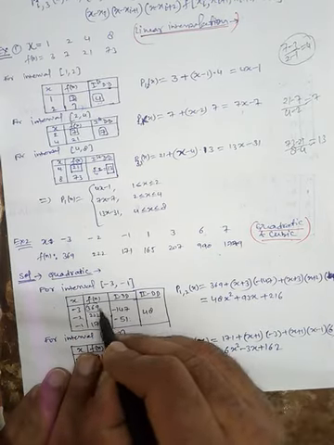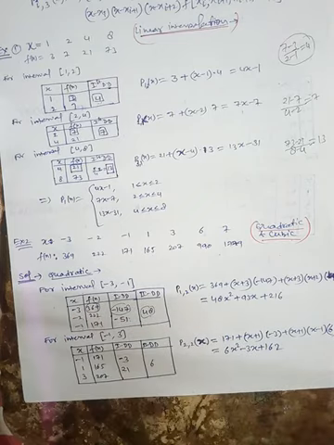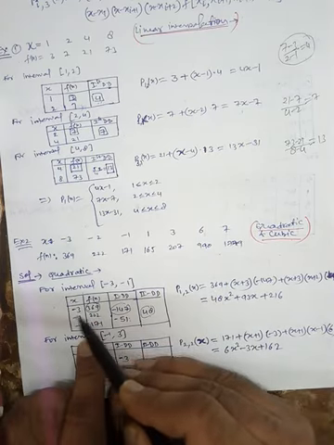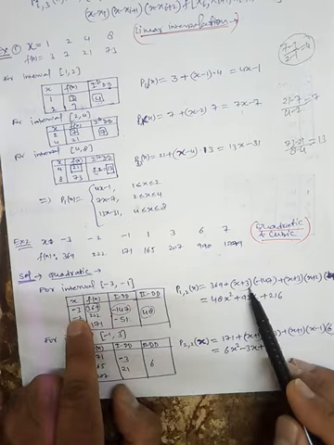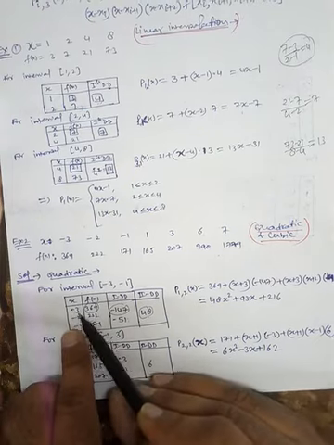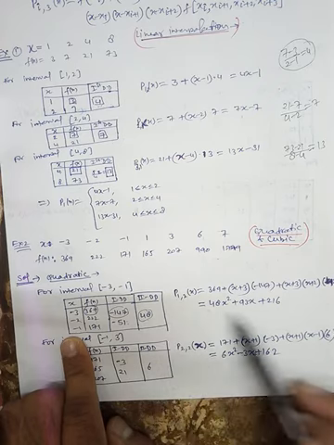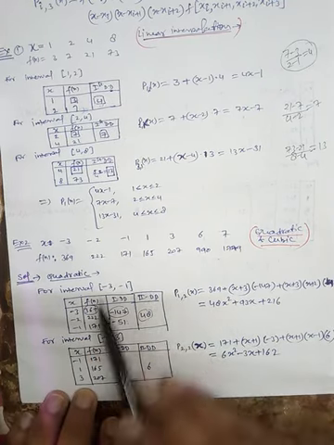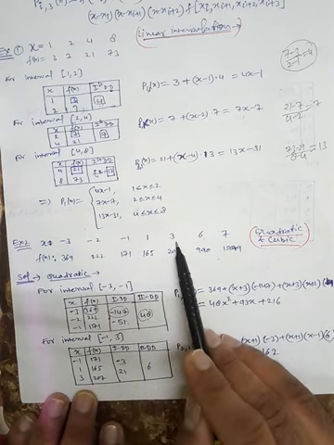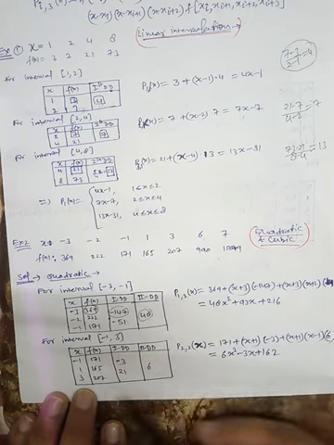For this formula we use these values in a diagonal manner. First we write 369 plus (x minus minus 3), so x plus 3, multiplied by this point, plus (x minus minus 3) into (x minus minus 2), so x plus 3, x plus 2, multiplied by 48. After solving this, we get this polynomial. Similarly find the polynomial for the next interval, minus 1 to 3, with points minus 1, 1 and 3, and apply the same approach.